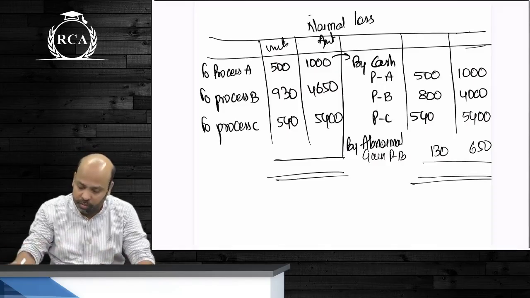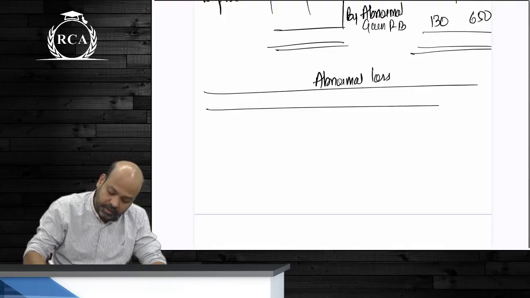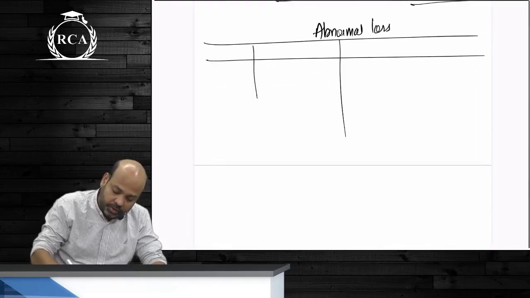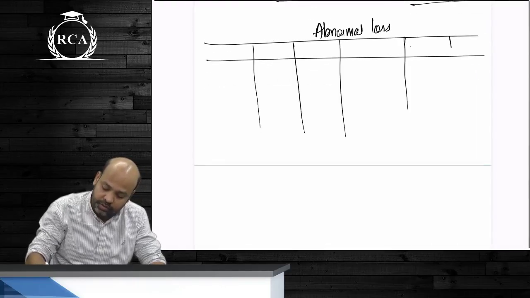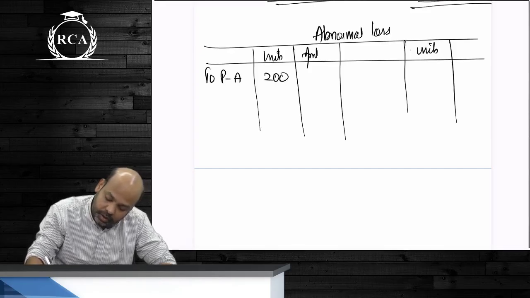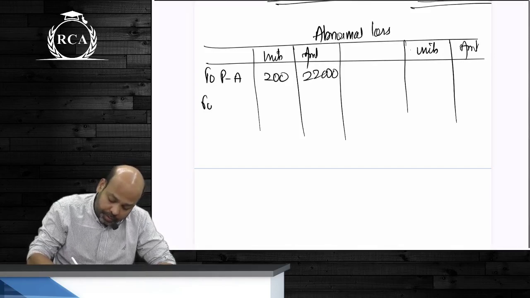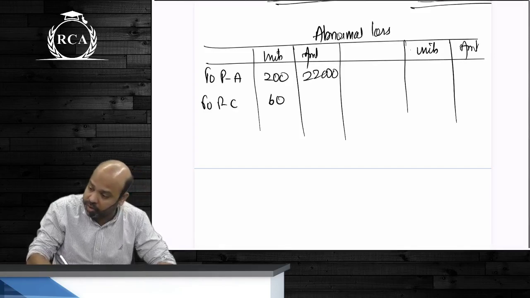Normal loss account closed. Now comes abnormal loss account. How many processes beta have abnormal loss account? 2 processes. From process A, guys, we have how many units? 200 units valued at 22,000. From process C, guys, there are 60 units valued at